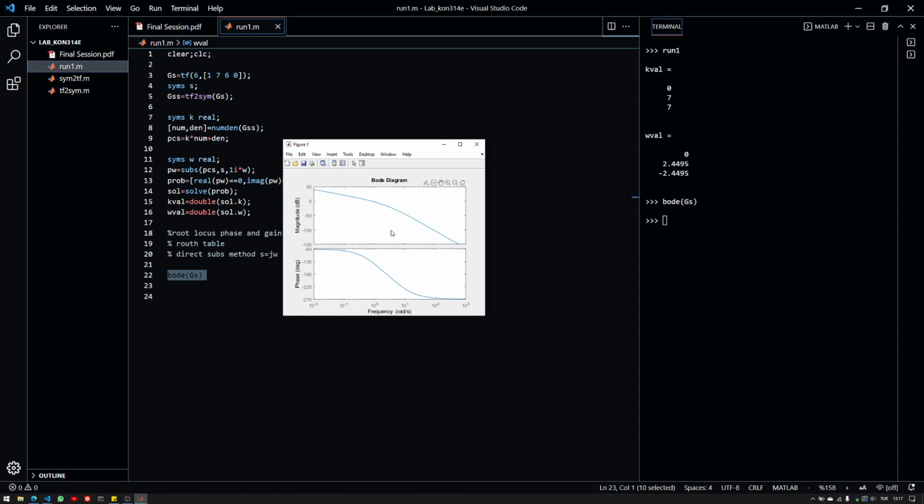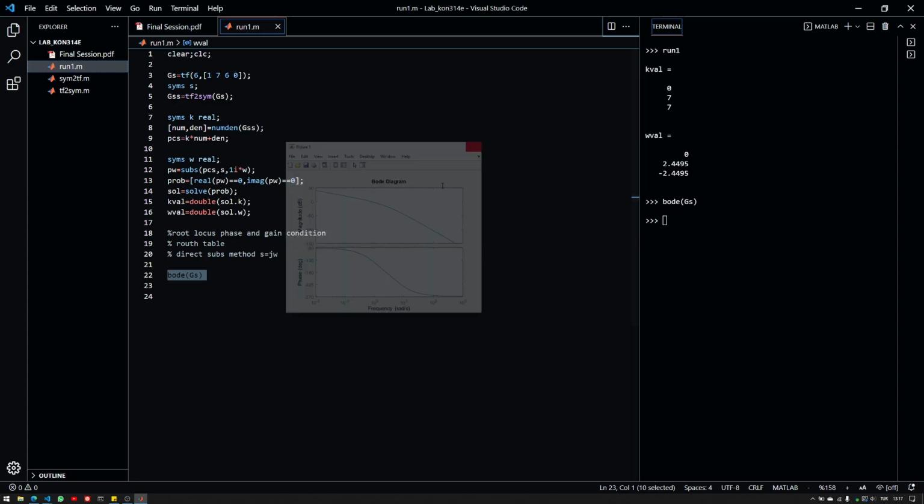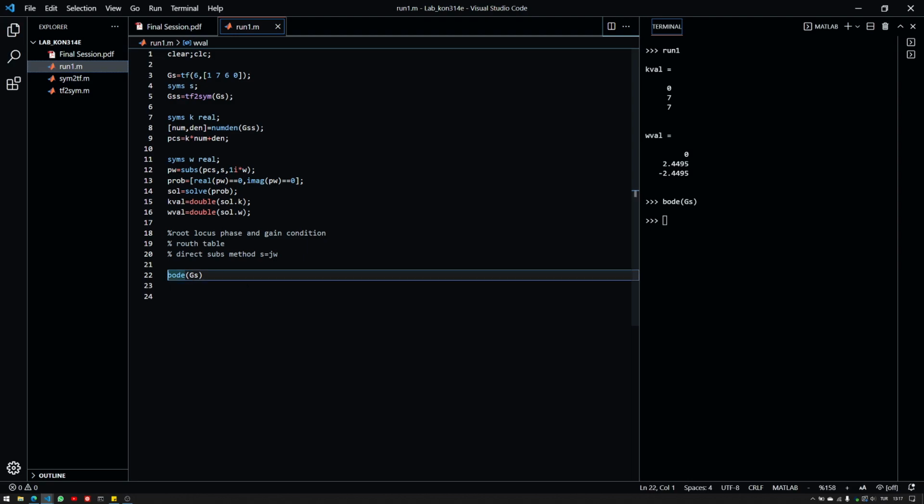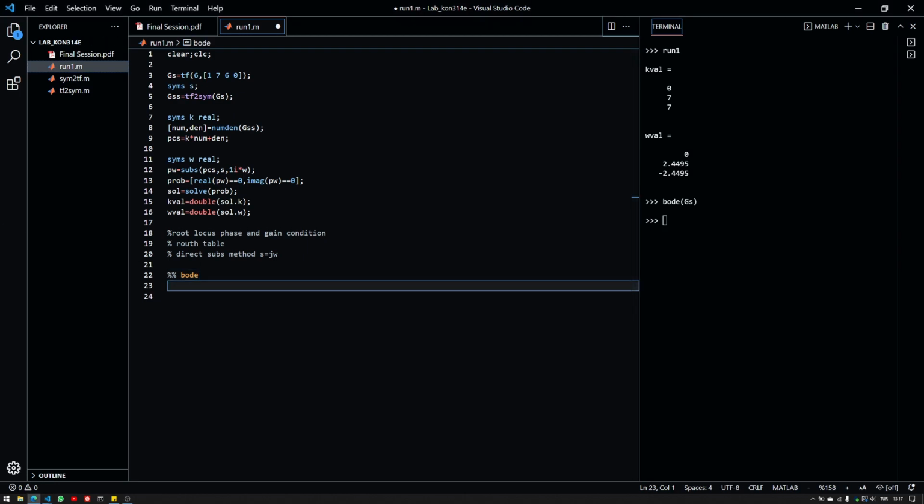But what if you are in an exam and you don't have the Bode plot in front of you? So can't you use the Bode methods still? So of course you can, and that's also the point that I'm trying to make here. So let's see how we can do that. So, Bode. Now for the Bode methods, what we should do is we should again plug in s equals j